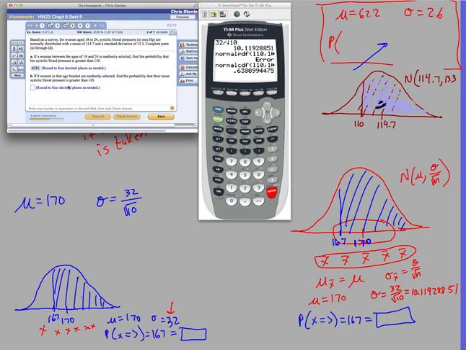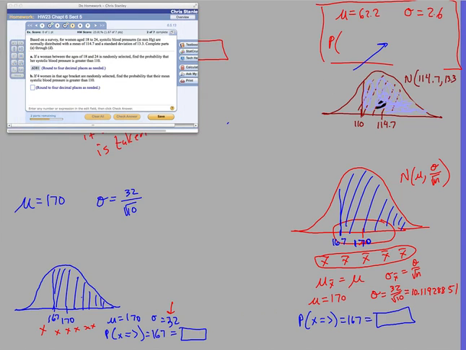Now if you take 4 people, that's going to cut your standard deviation in half. So this is the same exact problem. I'm going to open this problem up in StatCrunch. But do you see the difference? This is your population. But once I take a sample, n equals 4,